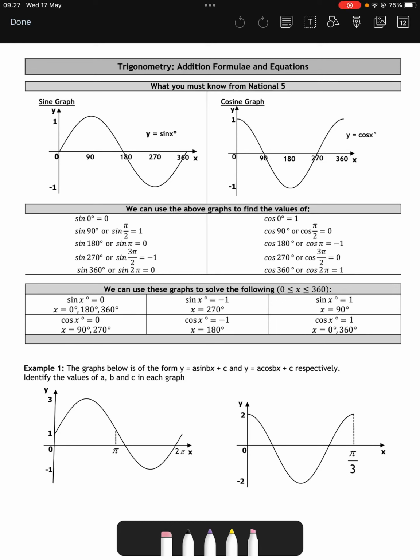Okay, so we're going to be looking at trig, addition formula and equations. Some key things from National 5 we need to know: we need to know our sine graph and our cosine graph off by heart. Tan graph as well, but it's not as important for this particular topic, but still be aware of what your